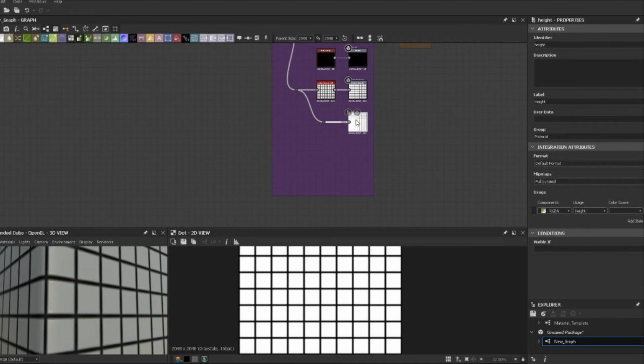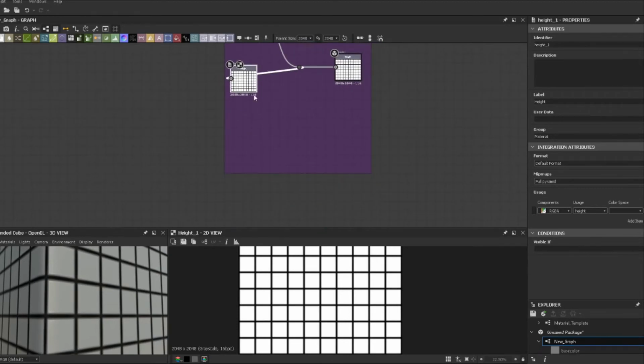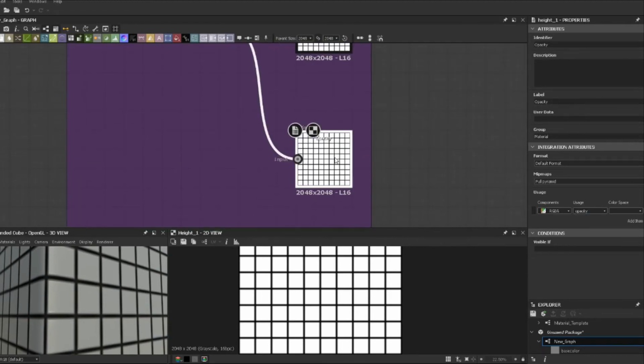output, just in case I'm doing something like foliage. So first I'm going to take one of my outputs and I'm going to copy and paste it, and then I'm going to make sure I click it, because sometimes it leaves this up when clicked. And I'm going to rename it opacity. I'm going to relabel it opacity. And I'm going to come down here and change the usage to opacity. And then I'm going to,